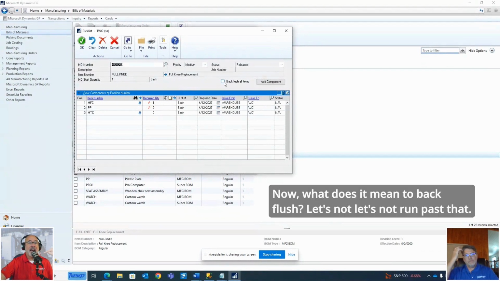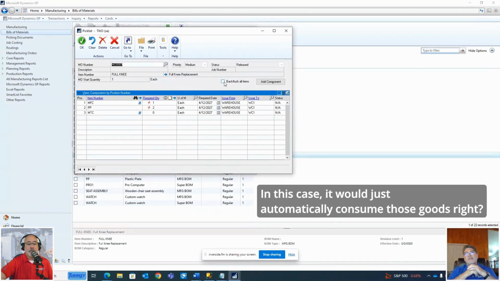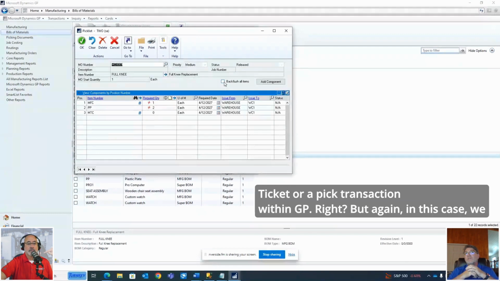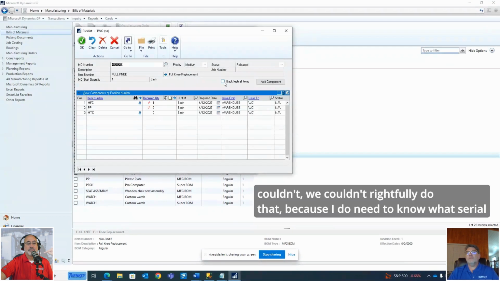Now, what does it mean to backflush? Let's not run past that. In this case, it would just automatically consume those goods, right? I don't actually have to physically go process a picking ticket or a pick transaction within GP, right? But again, in this case, we couldn't rightfully do that because I